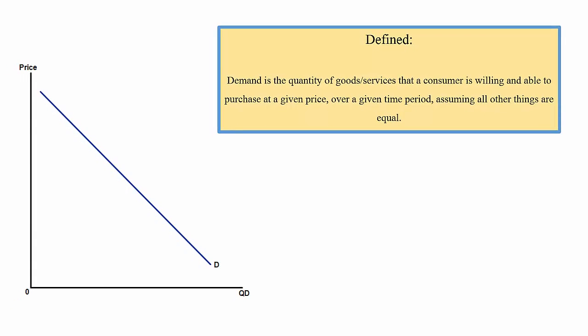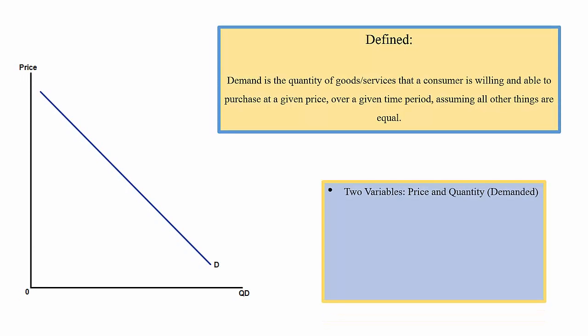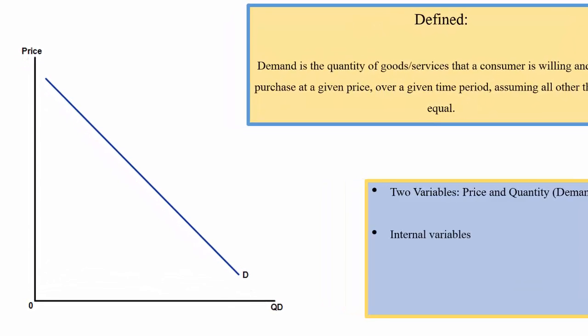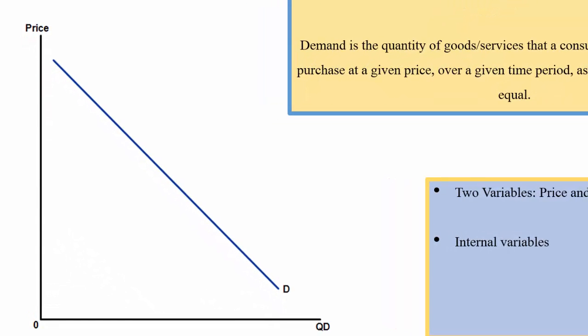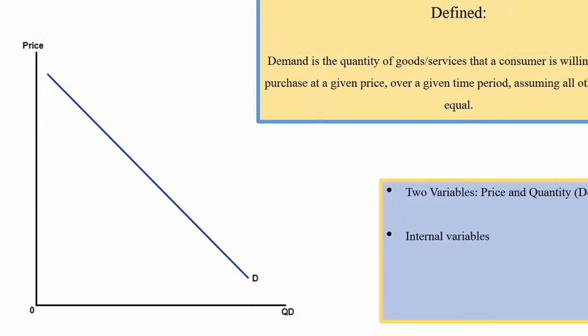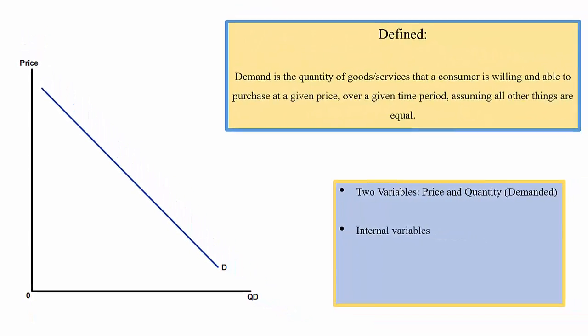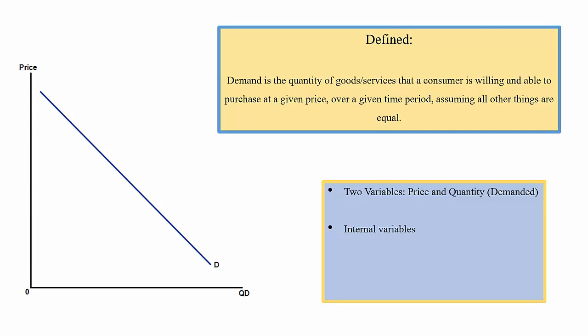And you can see that the demand curve is made up of two variables, price and quantity demanded. So the interaction of those two produces that demand curve. These two variables we call internal variables because they are the only two variables on that graph, and the interaction of those produces that demand curve. So therefore they're called internal variables. We'll look in the next video at external variables, things like income and fashion and trends and so forth, but they're not part of the axis of the demand curve graph, and therefore they're not called internal variables like price